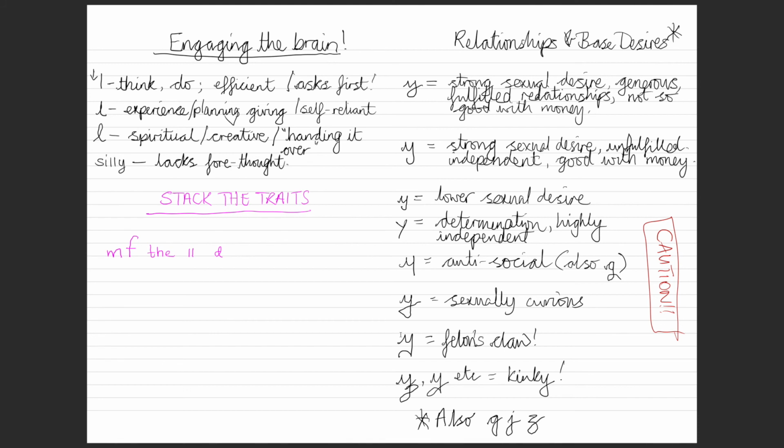Okay, so it's a case of, as I say, stack the traits. Going back to the beginning, here's our basic contextual Y. Basically you've got this strong middle zone. The loop comes up from here and feeds into the middle zone. So our base desires and our relationships here are satisfied and they feed into our ordinary day-to-day life,